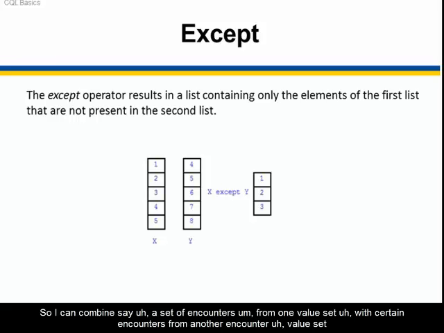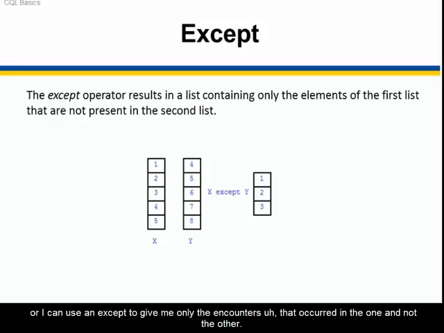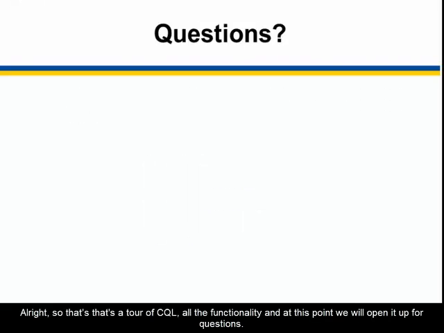So I can combine, say, a set of encounters from one value set with a set of encounters from another value set using a union, or I can use an intersection to compute only the encounters that are common between them, or I can use an except to give me only the encounters that occurred in the one and not the other. All right, so that's a tour of CQL, all the functionality,